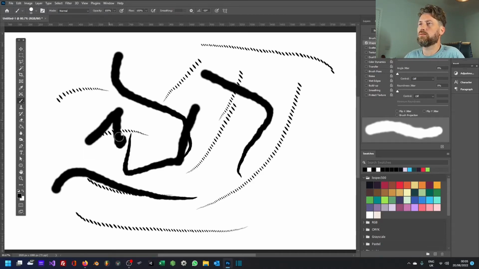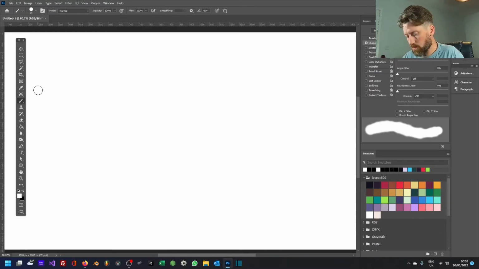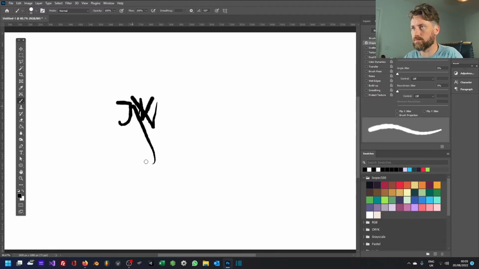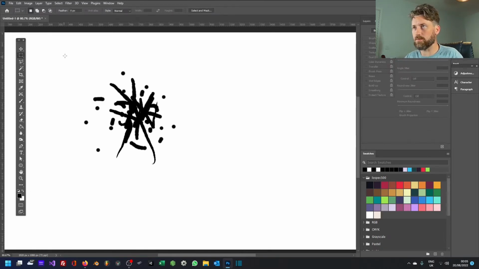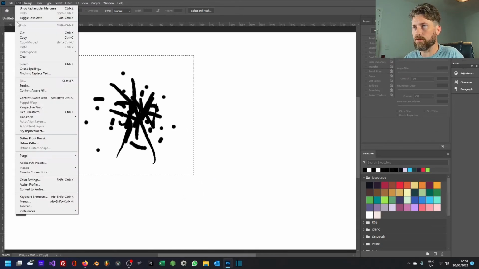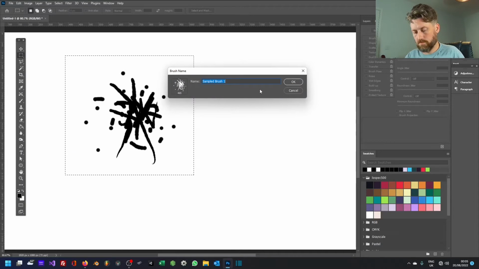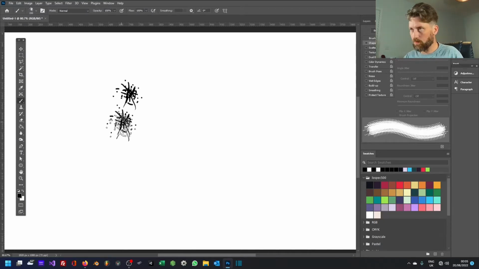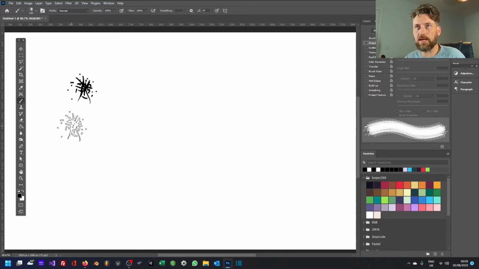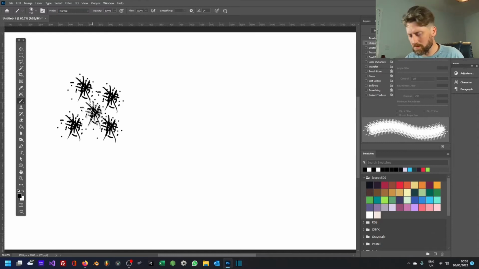Now, if you want to do something a bit more interesting than just a round shape, what I can do is do something like this, where if I draw some kind of random shapes like so, this will make sense in a minute. So we've got my random shape here. I'll go ahead and define a new brush preset like so. That does not look pretty at all. People do make brushes like this where they'll just click on it and use it like a stamp almost, but where's the fun